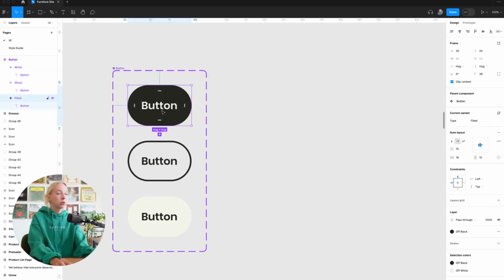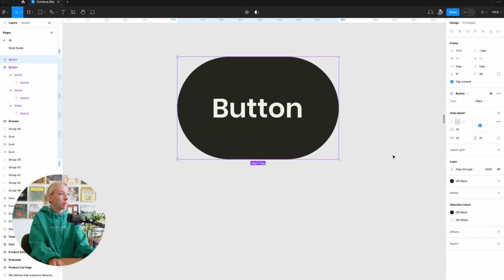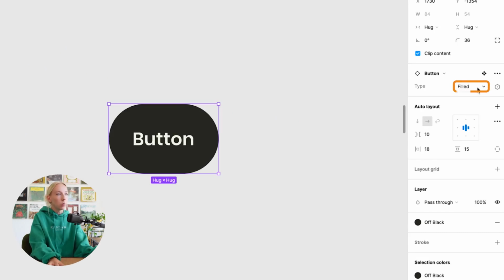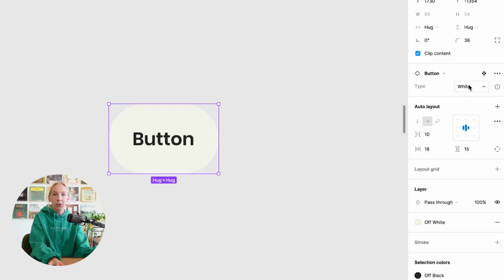So now let's do this again. Let's drag out an instance of our component, and to drag a copy, you're just going to option drag. And so this is an instance like we had before, but now I'll show you how you can switch back and forth really easily between these different variants. So let's go over here. We're on filled right now, but you could turn this into a ghost, or you could turn this into the